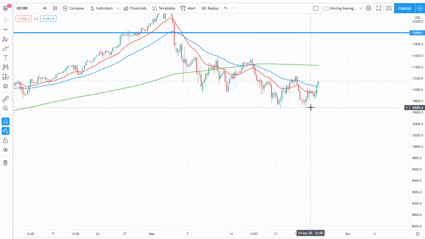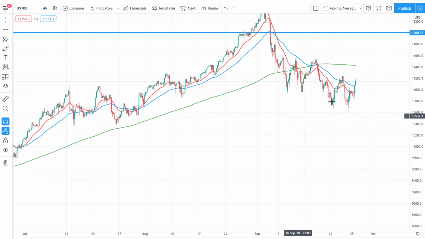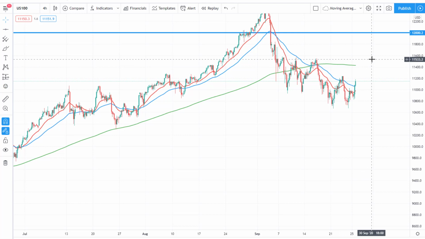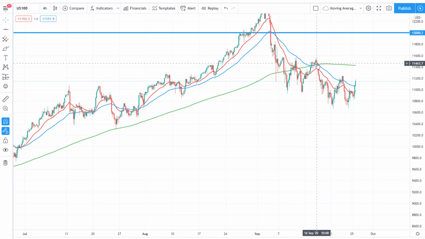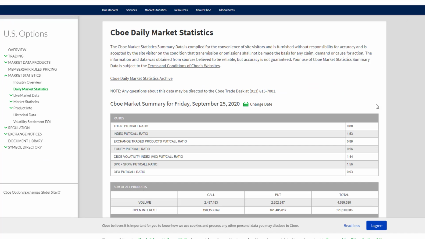So very, very similarly, we want to be setting alerts for new lows formed on the Nasdaq. If we get under the 10.7 zone, we expect it to go to at least 10.4. If we get above the 11.2 zone, technically we expect it to go back into around that 11.6 area, and for that to be kind of the area that we find resistance and selling pressure. I think a lot of this will come down to debates and just whatever Wall Street feels like they want to do. A lot of it also comes down to put-call ratios.